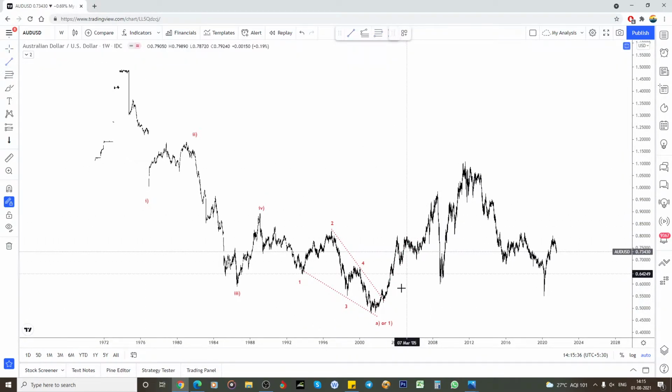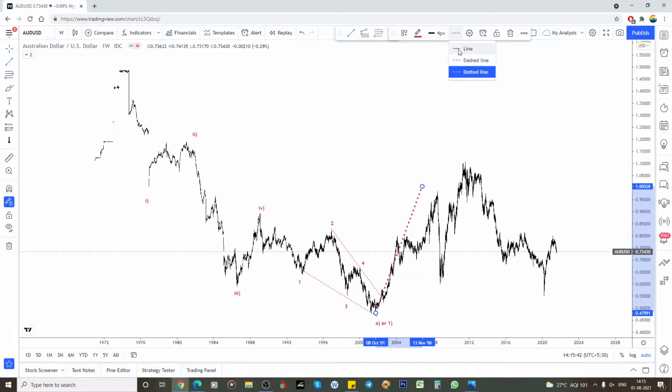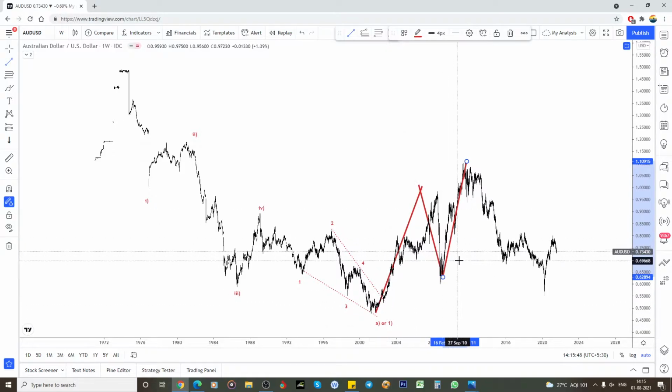Yeah, this simple correction I will do it with the thick line. 1, 2 and 3 got completed. So whether this is the end of the trend and it will go down, right? After the 5, 1, 2, 3 is finished. So that is A, B, C, and we did already 61.8.